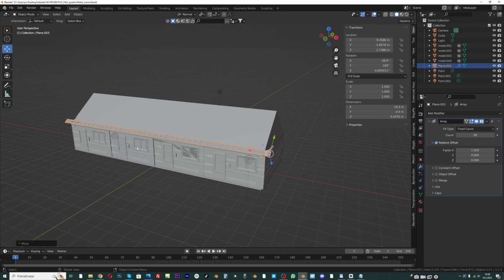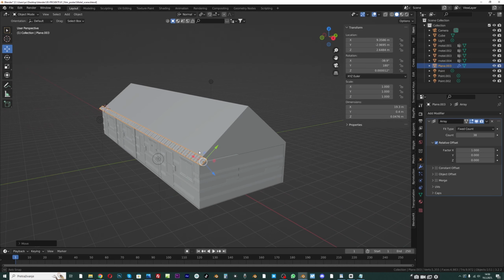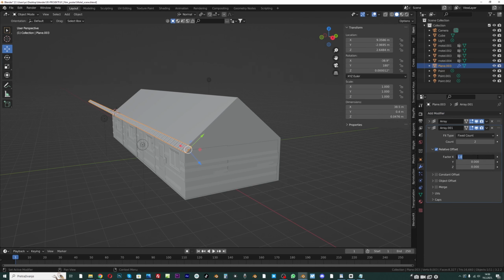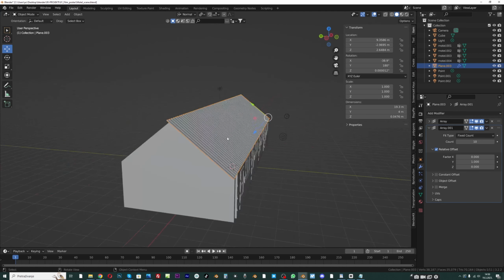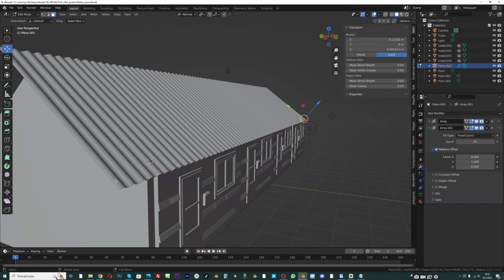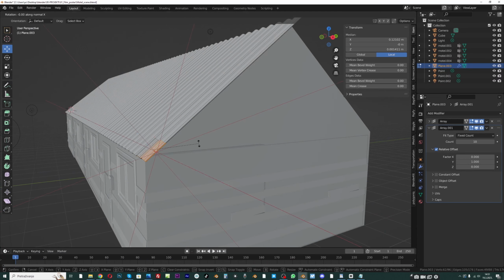I want to make this bigger than this roof here, so let's bring this to about here, and let's now add another array modifier, but not on x-axis. I will set one on y-axis, so we can use this count to array this on y-axis. And one thing we need to do, we need to go to object mode, to edit mode, and if we rotate this on x-axis,